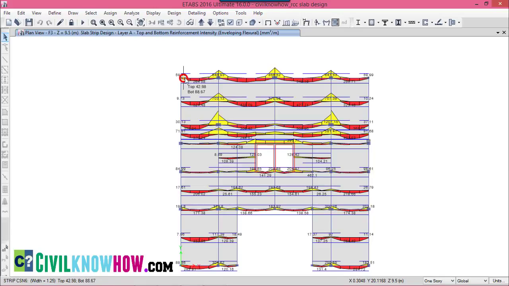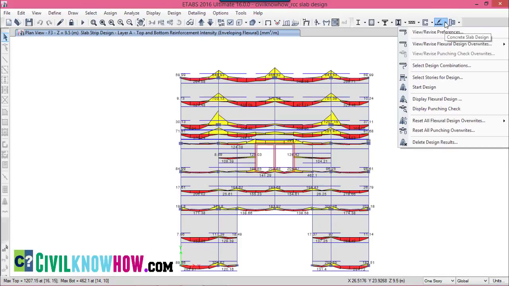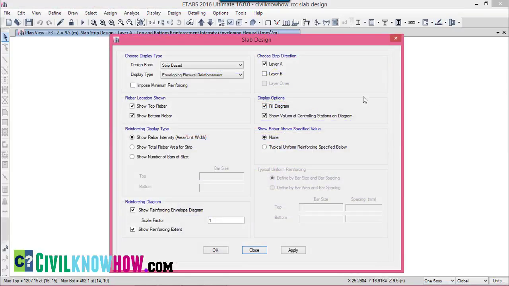And if you just run your mouse over the design strip, you can see the area of the top and the bottom steel that is being described over each strip. So for the time being, the strips are assigned as strip layer A along the X direction. If you just go to the design slab option and select the display flexural design,